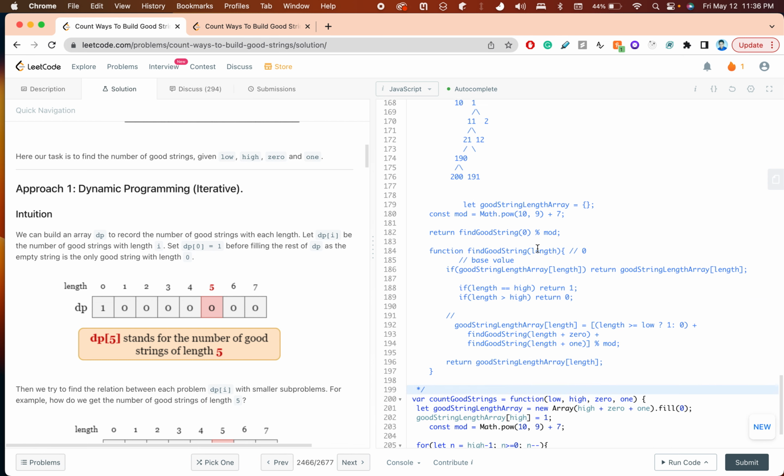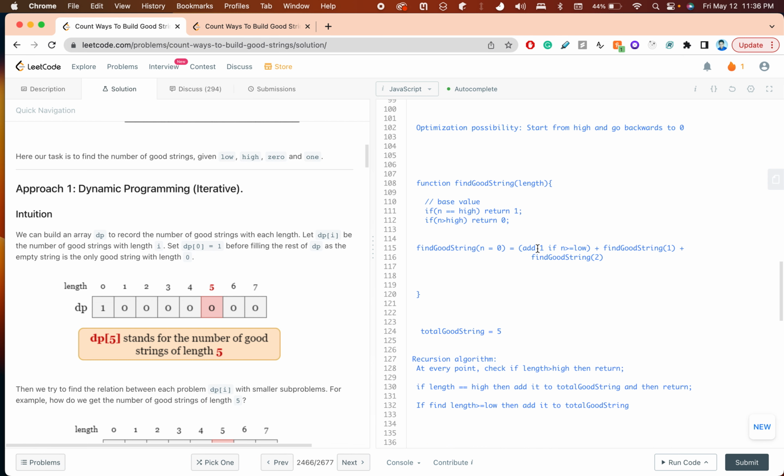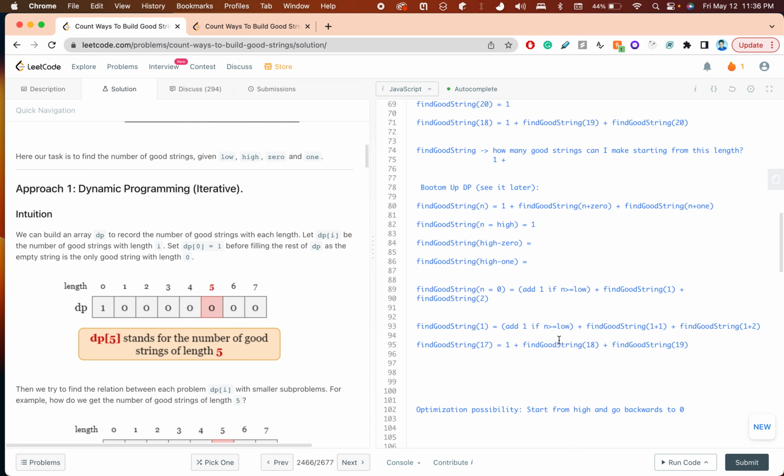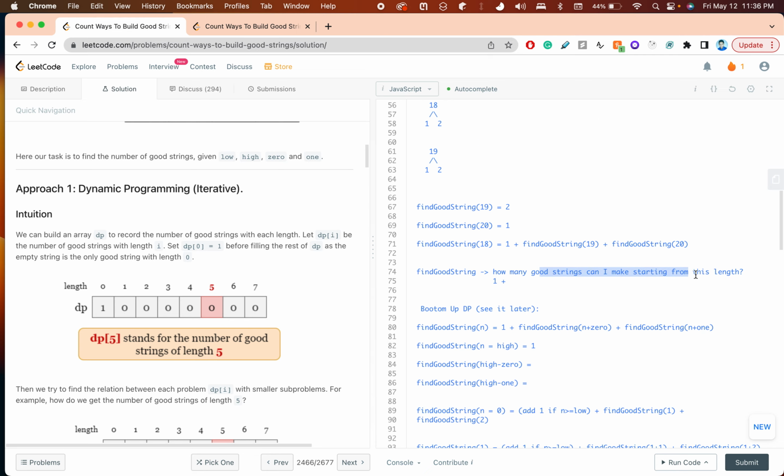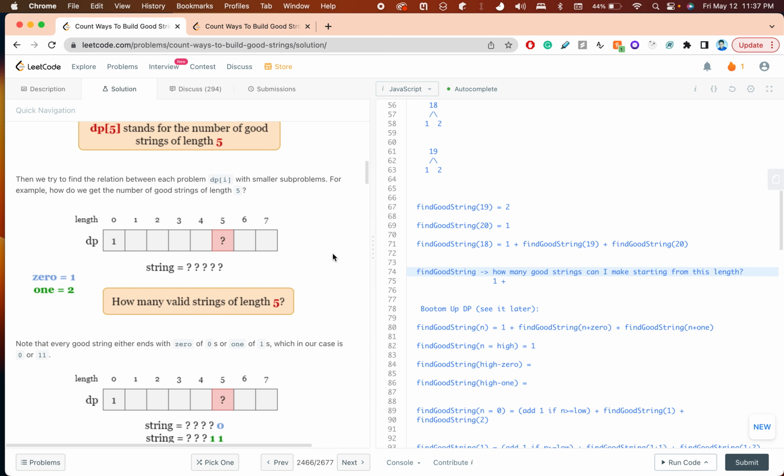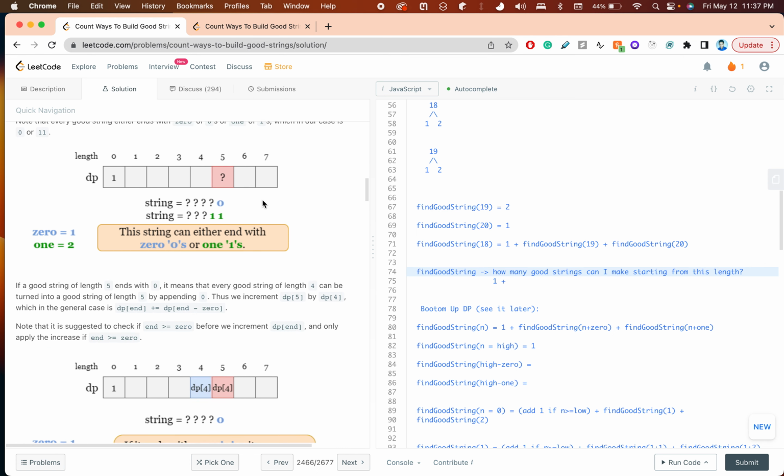But my dp approach was different. It was like, how many good strings can I make starting from this length? That was my approach. Then we try to find the relation between each dp[i] and smaller problems. So the relation would be